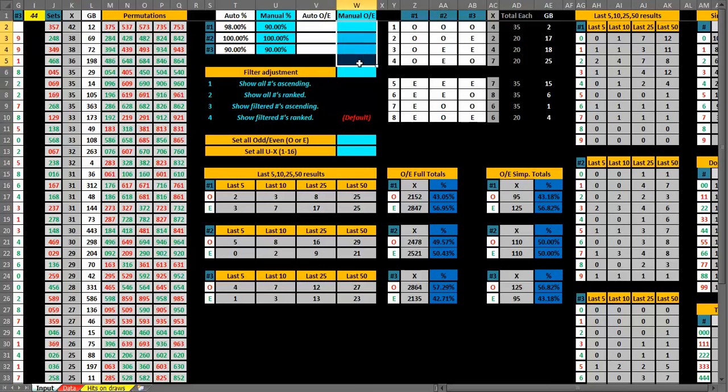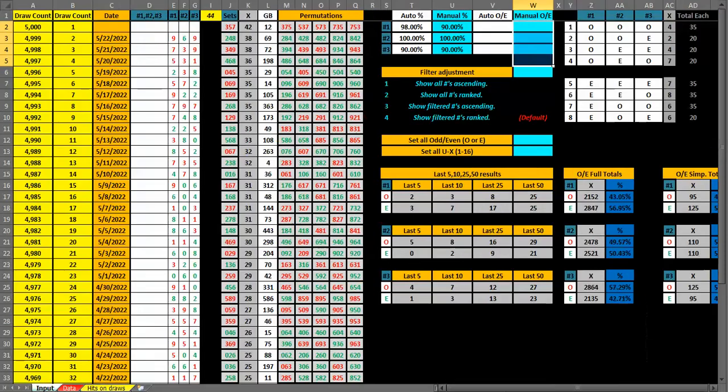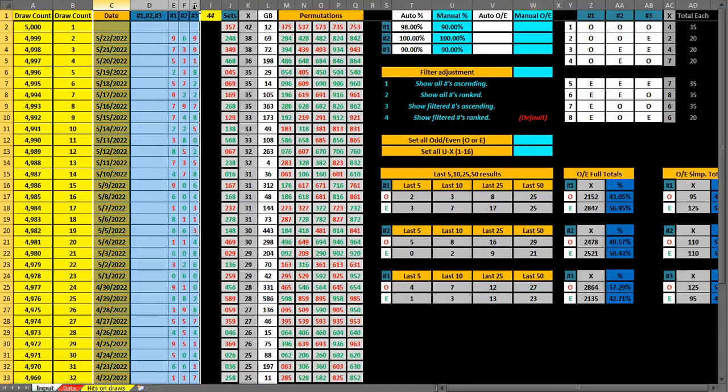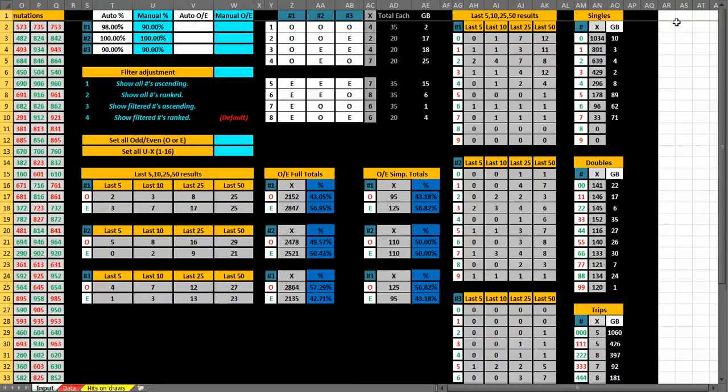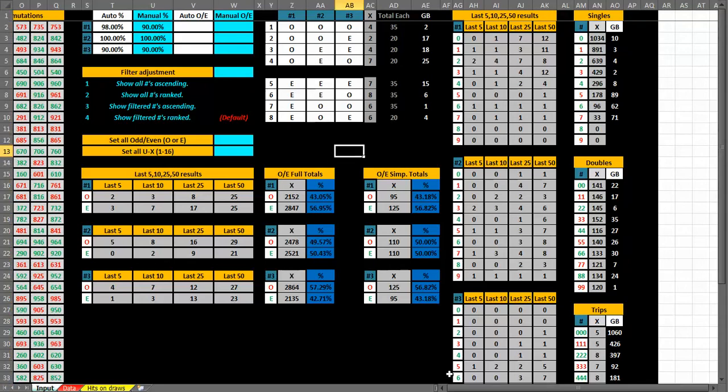W is the only other column other than C through G that you want to make any changes or do any typing in, except for this open section on the right on the input sheet. Okay, now